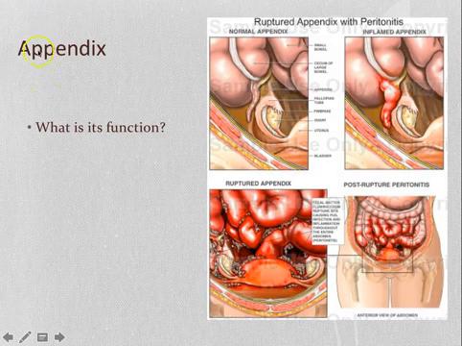So there's been lots of controversy over what the actual function of our appendix is. Is it an immunological function? We see lots of lymphatic tissue in there. However, you can obviously remove the appendix, and there's very little effect on the immune system. It also stores lots of good bacteria. So another theory is that it's actually a reservoir of good gut bacteria